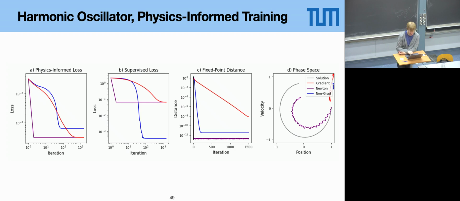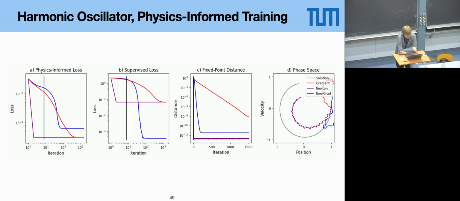I hope the video works. If you optimize it now, you can see these two different behaviors of the gradient method and the non-gradient method. The non-gradient method, the blue curve, approximates the solution quite quickly. And you can see that the gradient method finds this different fixed point, the same that Newton does. This is the minimum of the residual loss that these classical methods find. You can also see in the first plot that the loss is minimal for these two methods. But we are interested in the supervised loss, the distance to the true solution, and this is what the non-gradient method approximates much better.